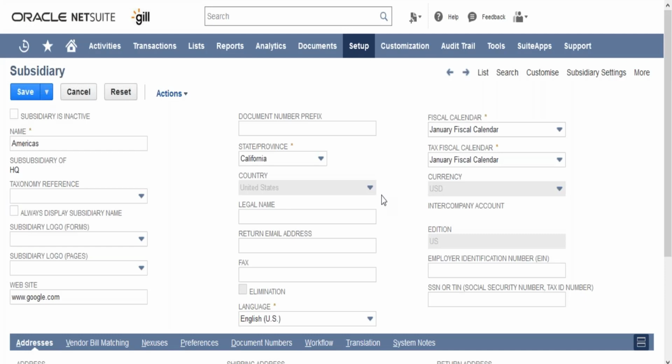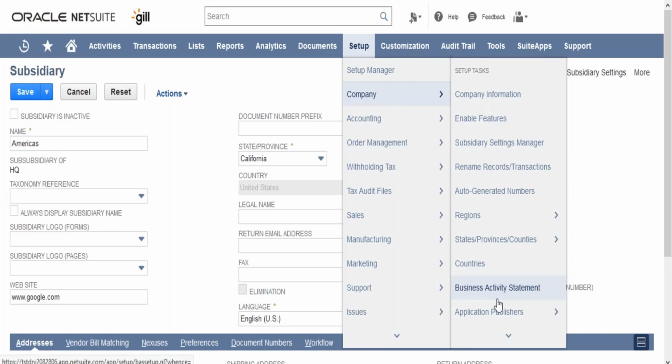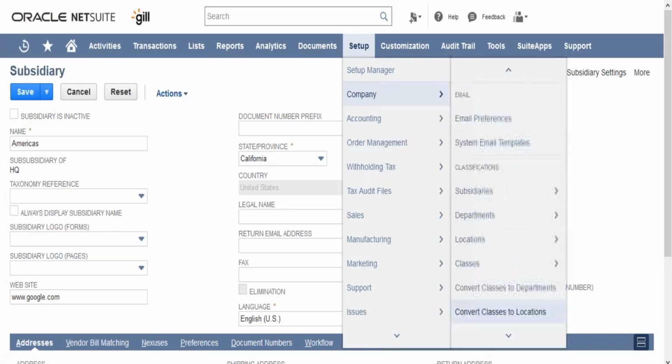Okay, so in case there are multiple classifications that a particular organization needs, it can create those. Okay, so class is one more type of classification which can be used. It can be called a cost center, or it can be renamed to a revenue stream as well. Each organization has its own way of reporting or structuring the reports. So in case they want to, they can use that as well. Okay,